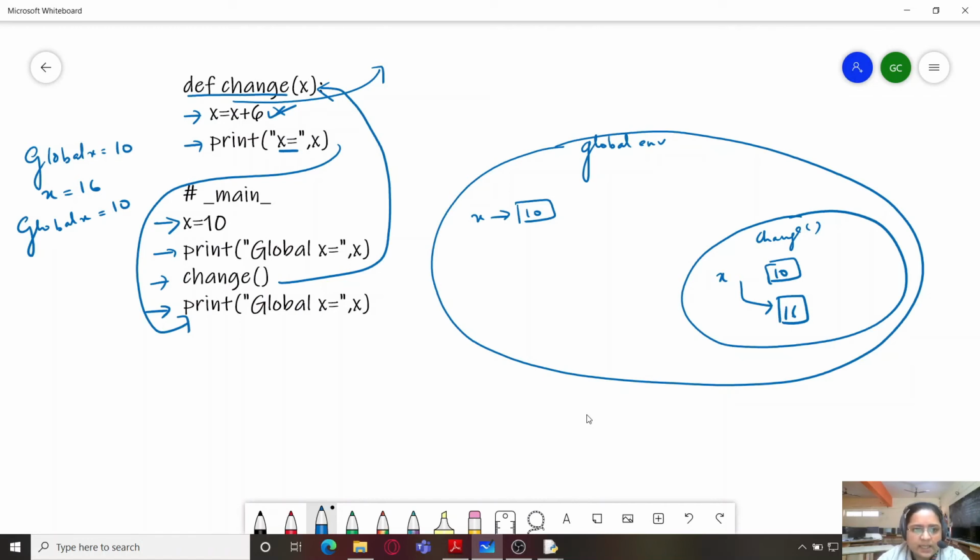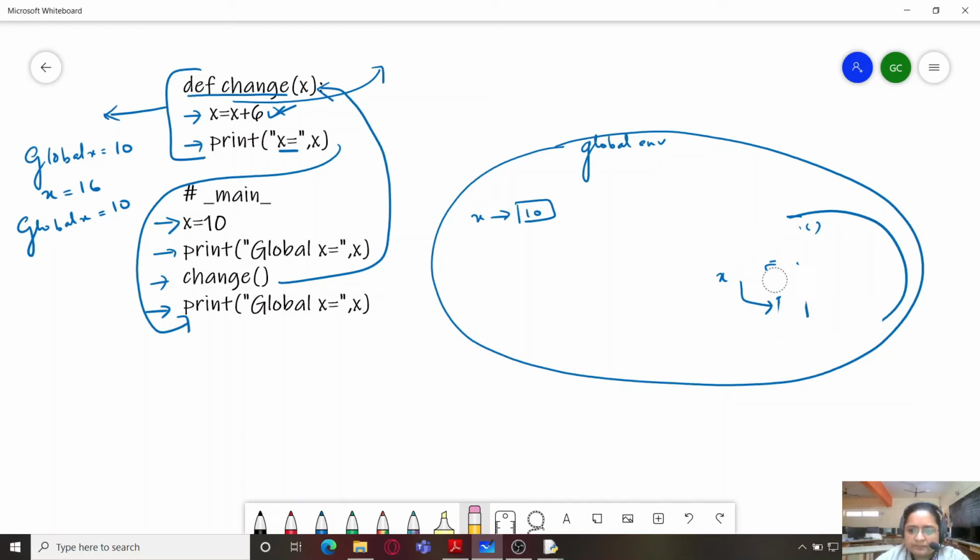And once this change function executes completely, then this total scope will disappear. That is, the lifespan of the change function goes off, and we are left with only the value of x, that is 10.